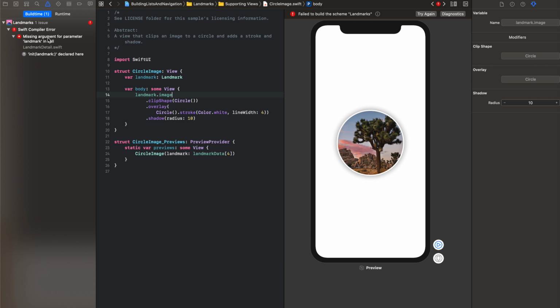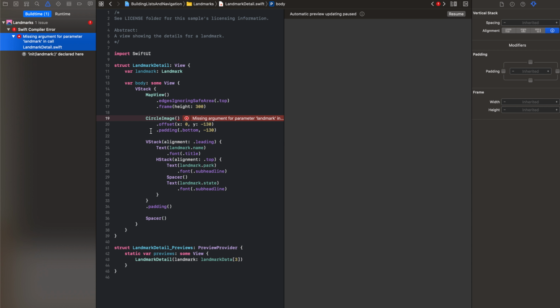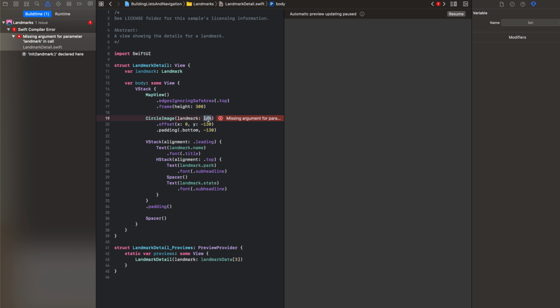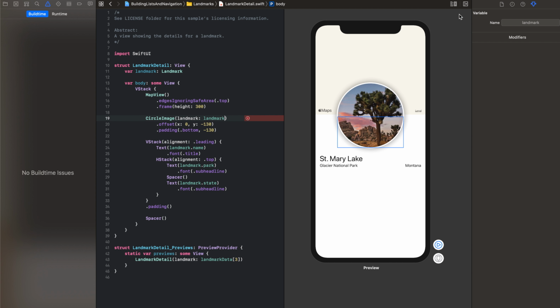And we have an error from our landmark detail. So all we are missing is the landmark information, which will be this property up here, landmark. Let's hit resume, and this image should now be updated with landmarks 3, the third element. Okay,